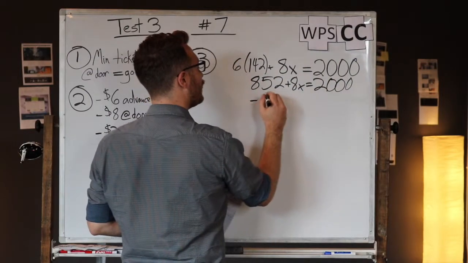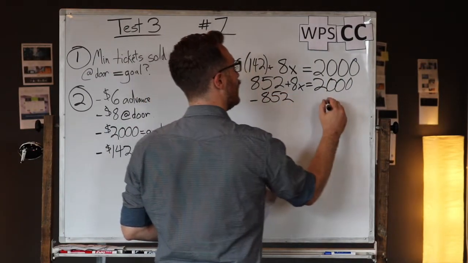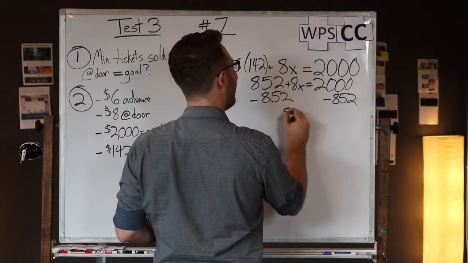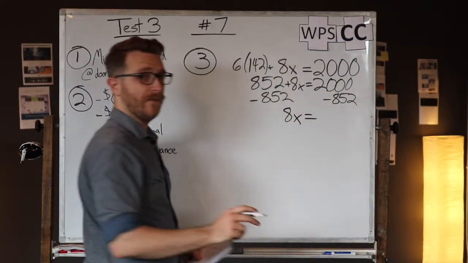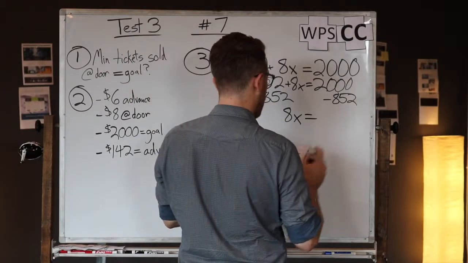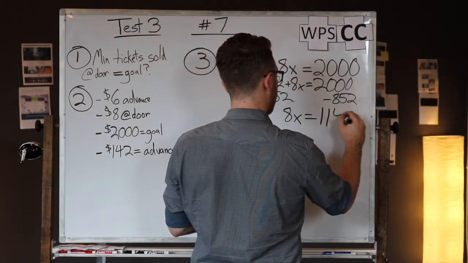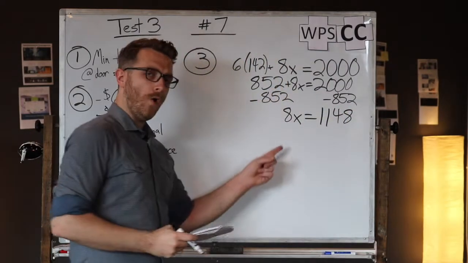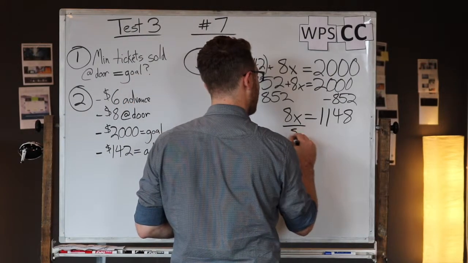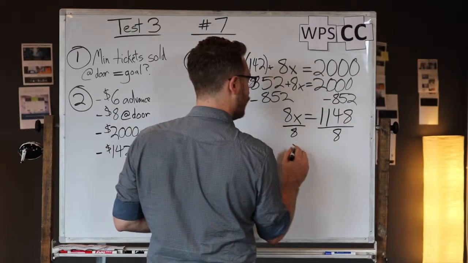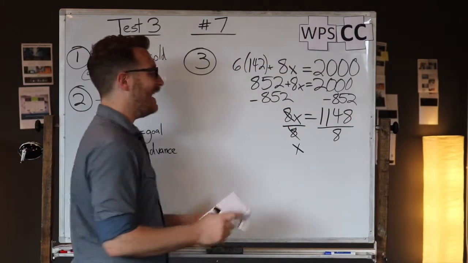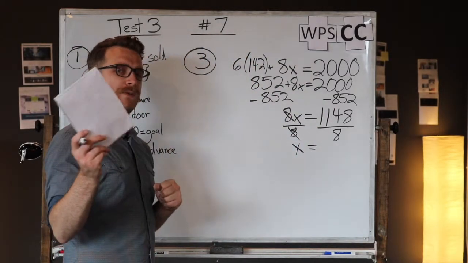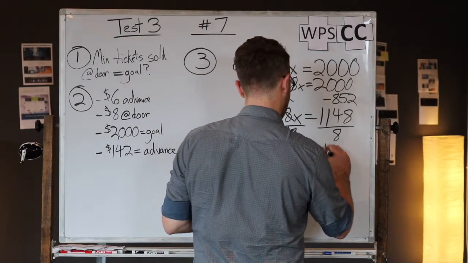Awesome. Now I'm going to subtract 852 from both sides. If I do that, let me take a look at my notes here. Yeah, I end up with 8x. I might slap this in the calculator if I was you. 2,000 minus 852. You're going to end up with 1,148. Almost there. Let's divide both sides by 8. If we do that, obviously over here, these 2 8s will cancel out, and I have x all by itself. In your calculator, you do 1,148 divided by 8, and you will find you get an answer of